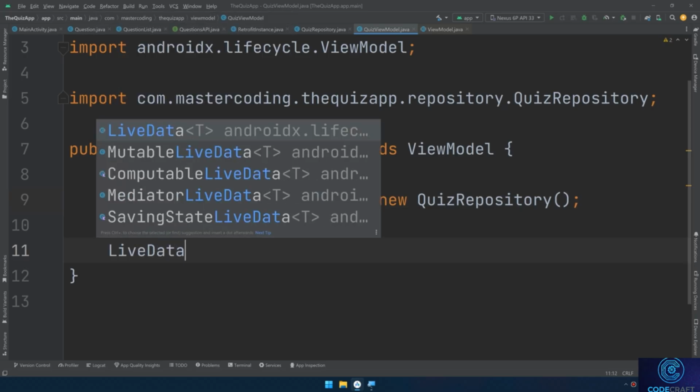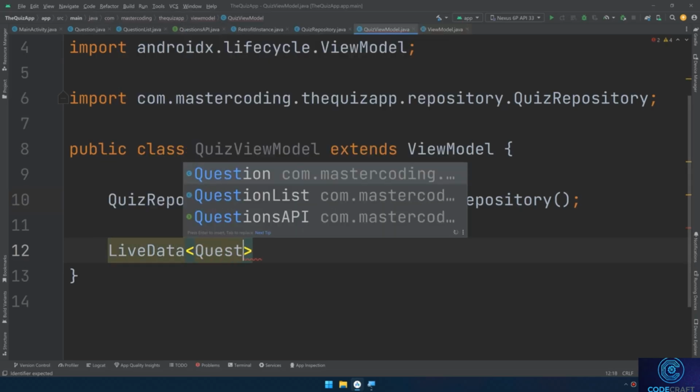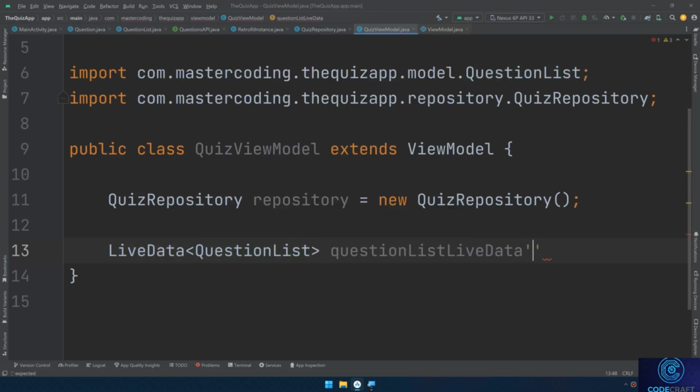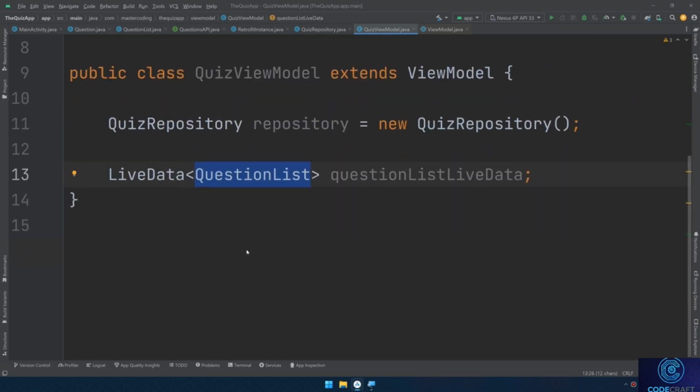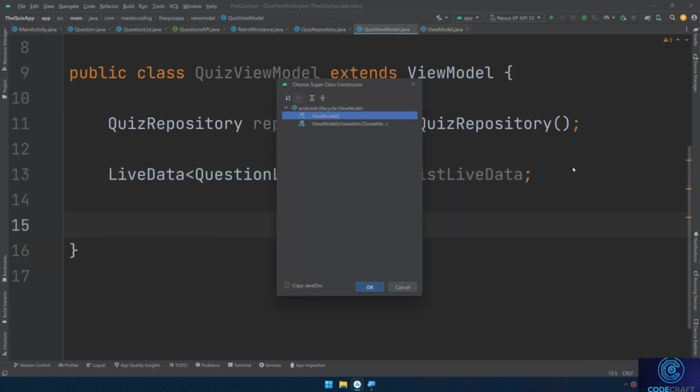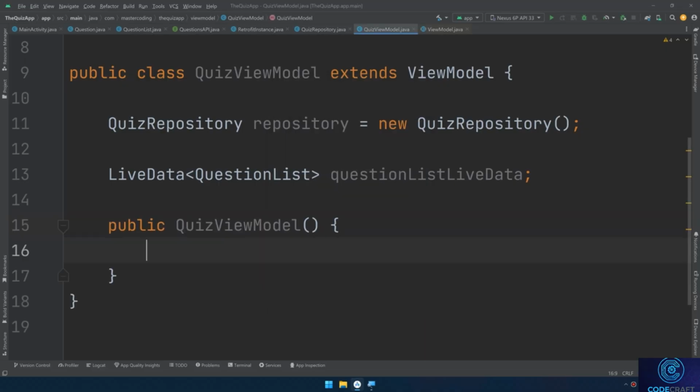Then I need to create LiveData of type QuestionsList, questionsListLiveData. LiveData is an observable data holder class that allows you to observe changes in the underlying data. In this case, it's expected to hold a QuestionsList object, which suggests that it's intended to store a list of questions. Then I'll create a constructor, an empty constructor for the QuizViewModel, and inside it, I'll initialize the questionsListLiveData